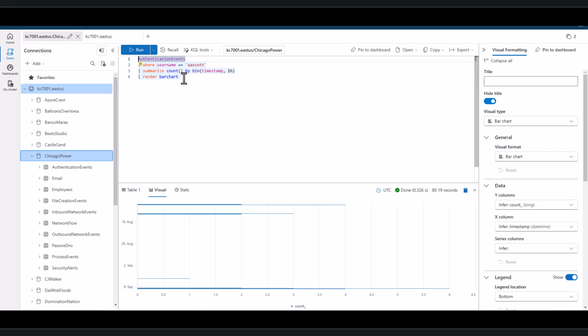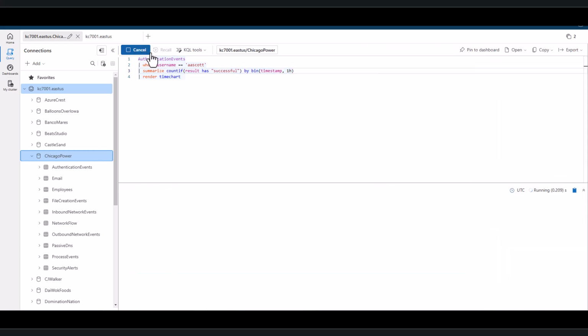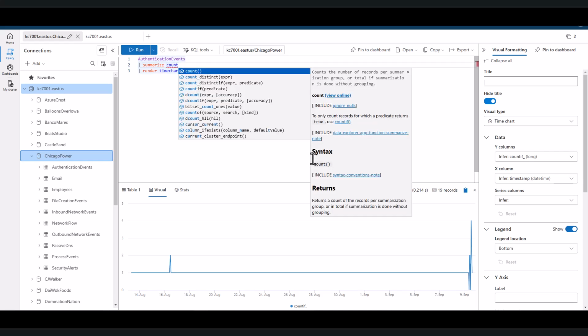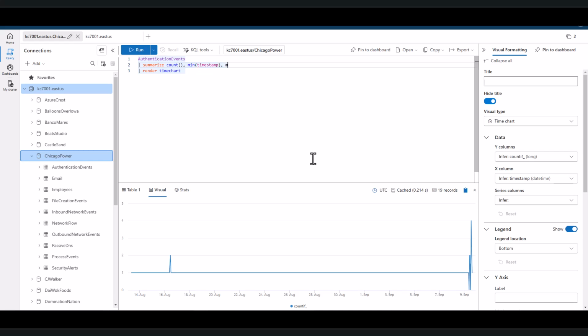Lastly, we can use the countif function if we only want the count under certain circumstances that we define. In this case, it will only provide a count if the result is a successful login. Let's move on to the topic of variables. Variables lock in a value or even an entire subquery into memory for the life of a query. The same variable can be used multiple times in the same query, but can only be called after the variable